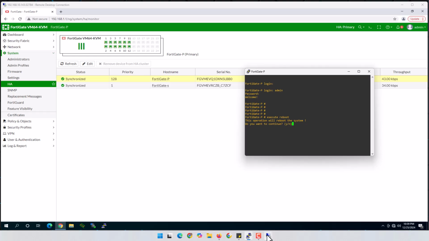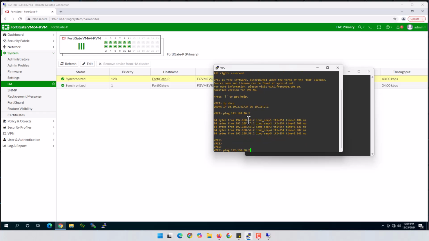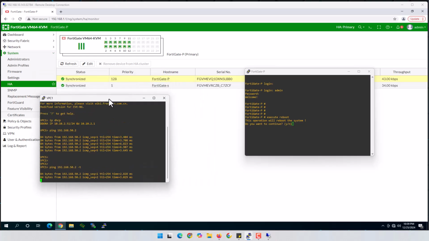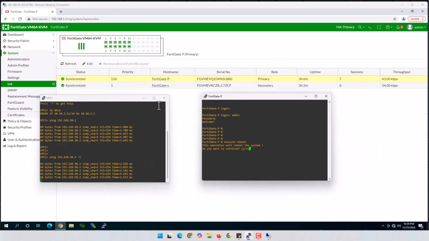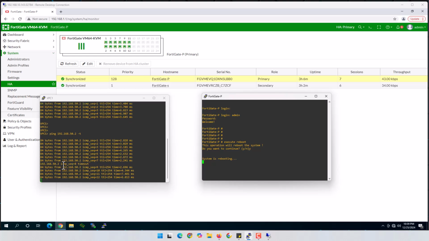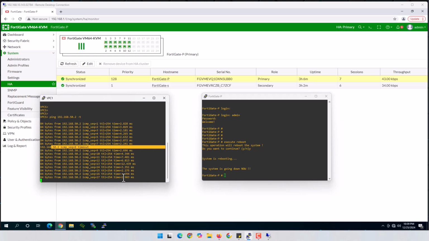I think this VPC is already, I have an interface, yes. Let me run a continuous ping here, and now let's restart our FortiGate by pressing Y. Yes, and you see that I lost just one ping, and after that the ping comes back to normal,